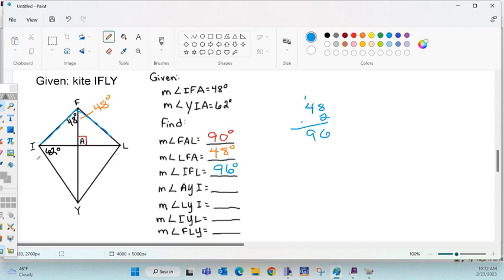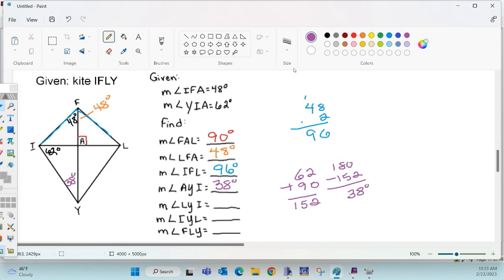AYI. Then 38. What did you do to find it? I did 62 plus 90. 62 plus 90, yes, which gave 152. Then what? Then you subtract 152 from 180. Good. 152 from 180. And you said that gave you 38. Okay. AYI, we're going to go with 38. And then we do